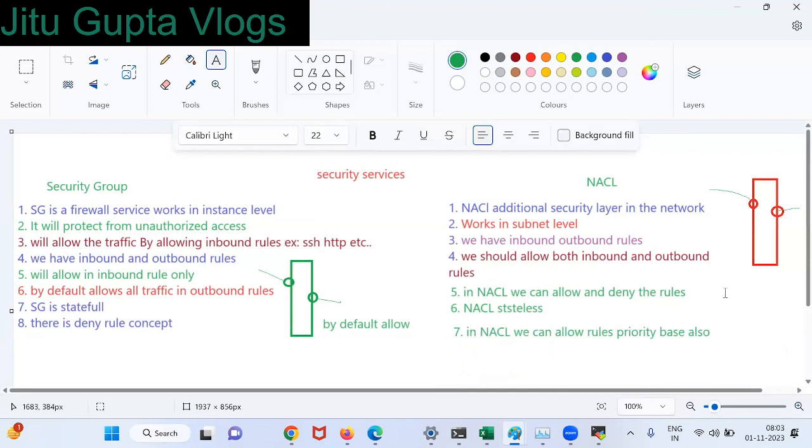Okay, guys. Now one question to everyone. AWS has already given a default network to us, right? In that case, is NACL created or not? Let's go and check.